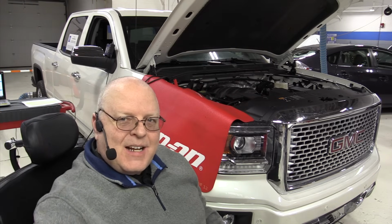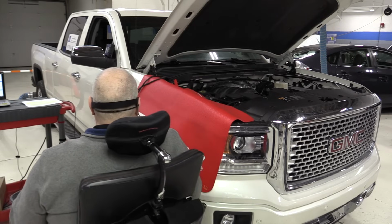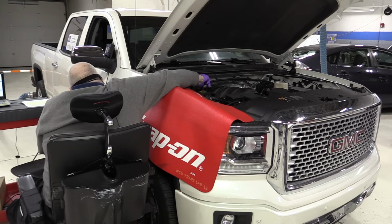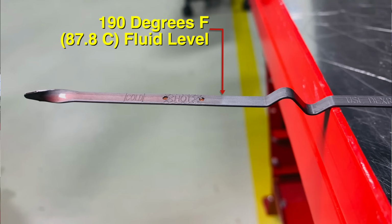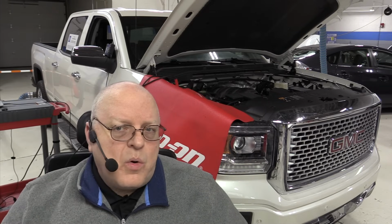All right, this will be my last check at 190 degrees. We already know it's over full, but let's see how much it has expanded between the 180 and the 190, if at all. Okay, here is 190 degrees, way over full. And that's the last check I'm going to do. There's no point in going to 200 because it's obviously over full. Okay, so in summary,